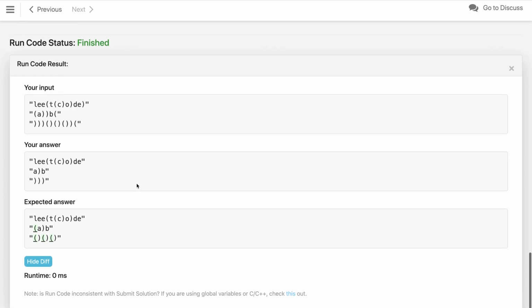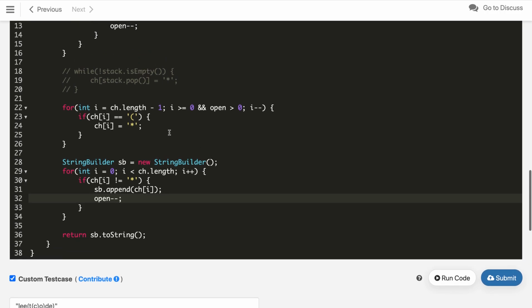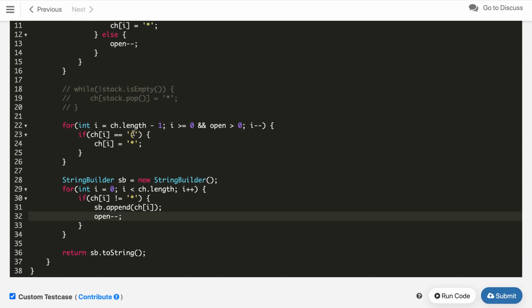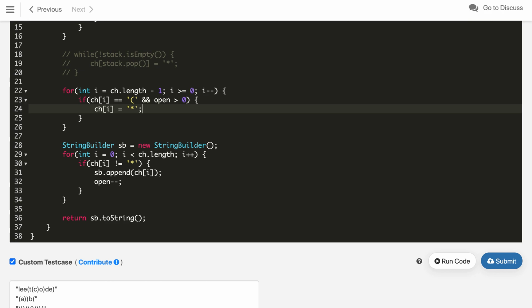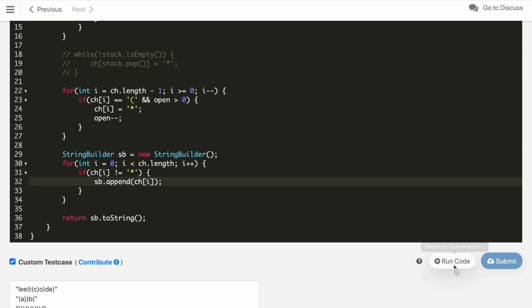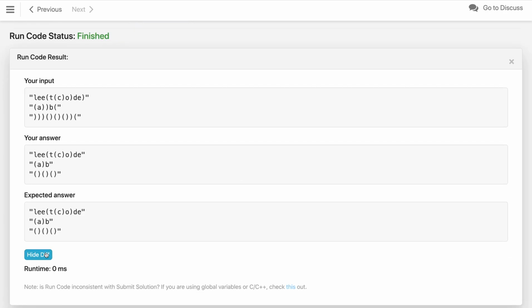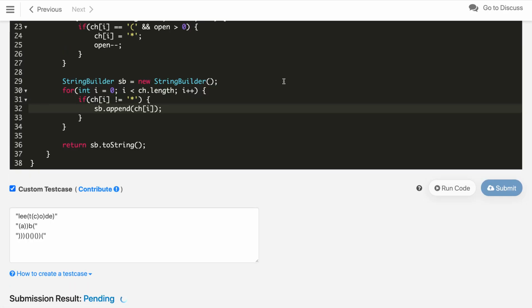Oh, there are still a few opens missing. What is the reason? As we are going, let's check the character at i. This condition only applies when open is greater than 0. I placed the open minus minus in the wrong place, that is the reason. It should work now, hope so. Yeah, it is working now. Now we can submit this code